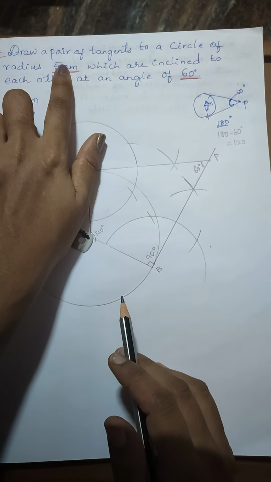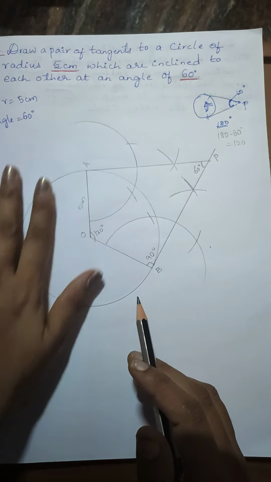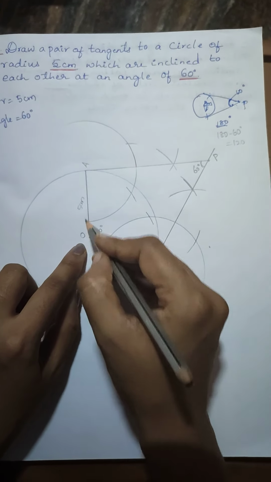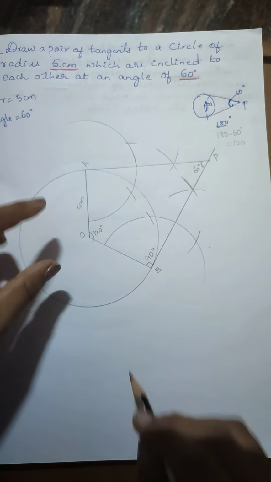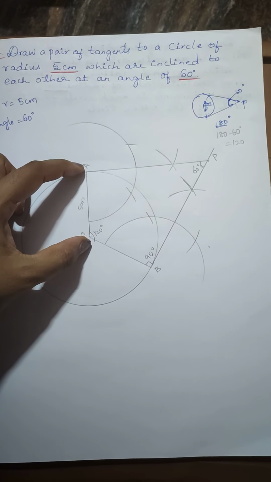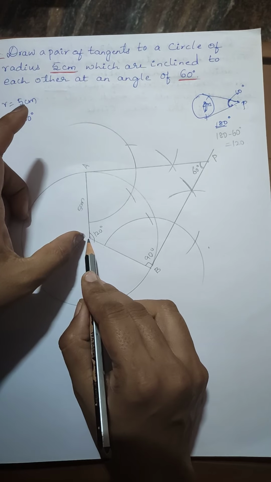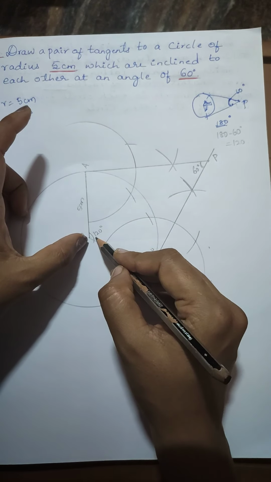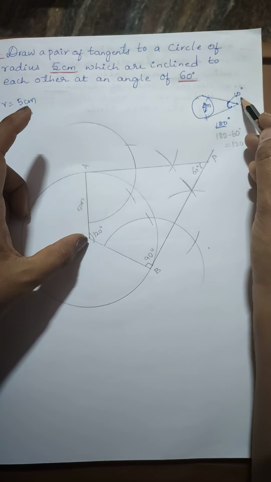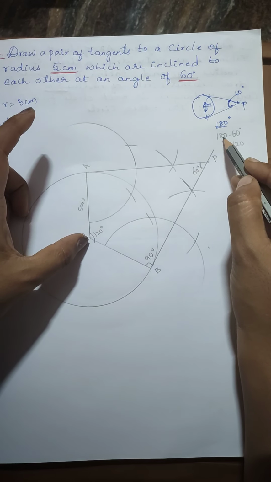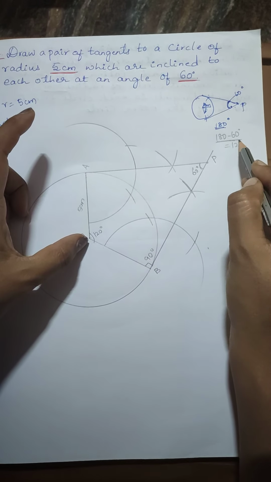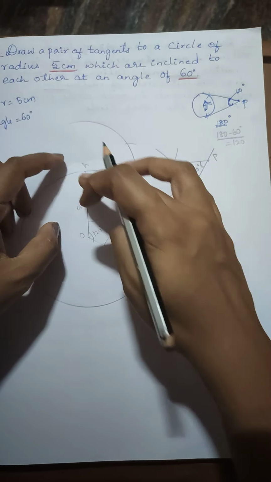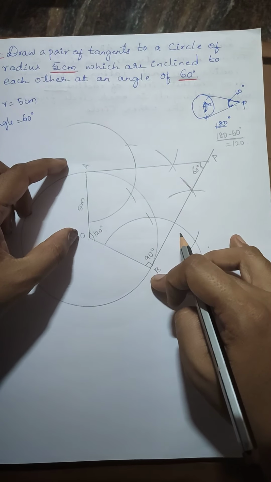First, the radius will be given. Using that radius, draw a circle, and always draw upwards, like vertical. Take a radius, then through that radius take an angle using a protractor. How to take this angle? By subtracting the given angle from 180. So here 180 minus 60 is 120. Take an angle using the protractor. You got this angle AOB as 120 degree.